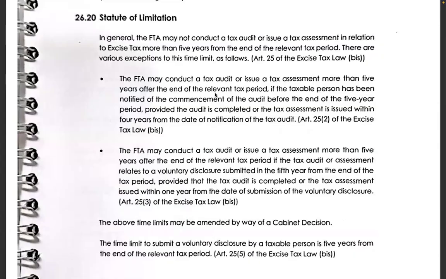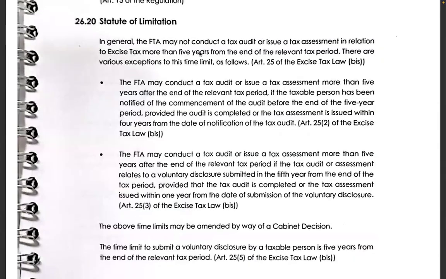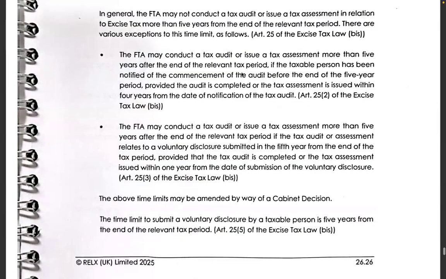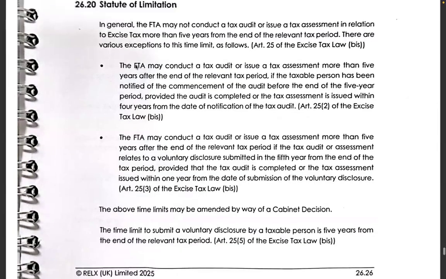Now, the statute of limitation. In general, the FTA may not conduct a tax audit or issue a tax assessment in relation to excise tax more than 5 years, by default, from the end of the relevant tax period. There are various exceptions to this limit. So, some exceptions, yes, we'll see. Generally, 5 years. The FTA may conduct a tax audit or issue a tax assessment more than 5 years after the end of the relevant tax period